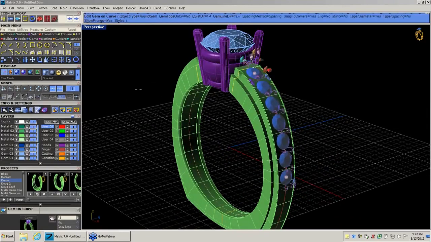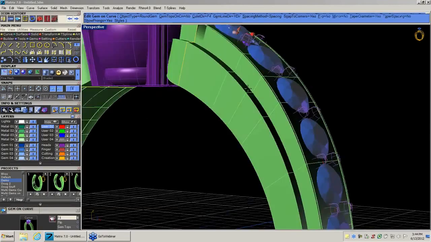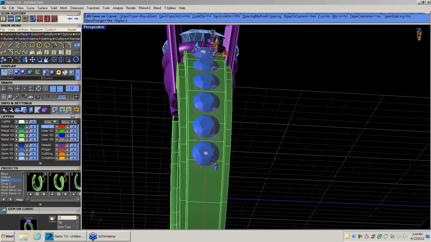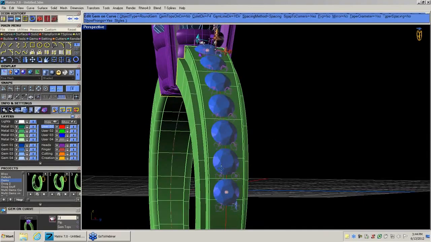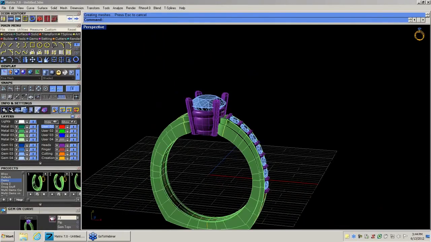But I'm just going to go up here. I'm just going to show the prongs. So I'm going to turn the prongs on just to do a little bead sort of setting here. And I'm just going to pull these down just a little bit. We still have a nudge in here, and this knows that this is tapered, so it's adjusting it down here as well. And what's really kind of cool is no matter what I do with these, you'll notice that the prongs are following it, because the line has history with the stones, the stones have history with the prongs, and that's what's making that work. So when I hit enter, there is our little bead set